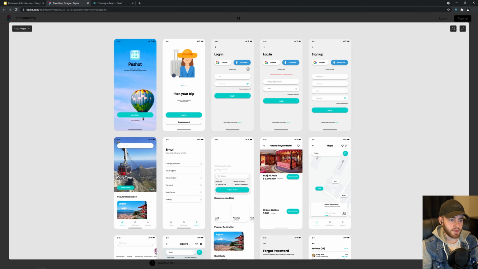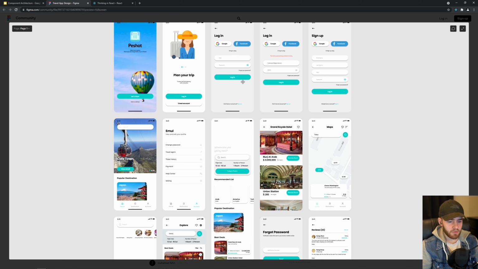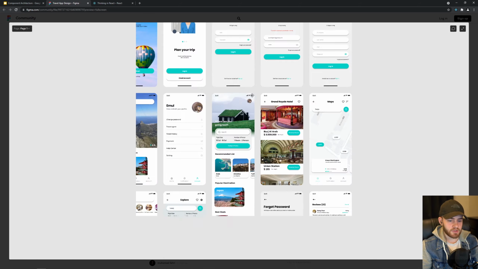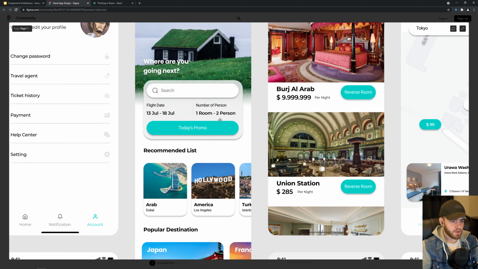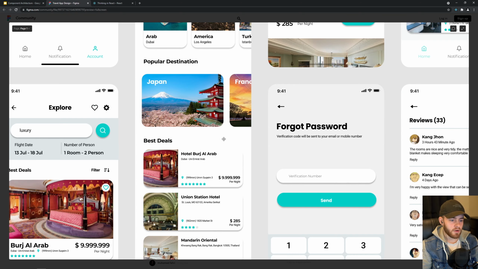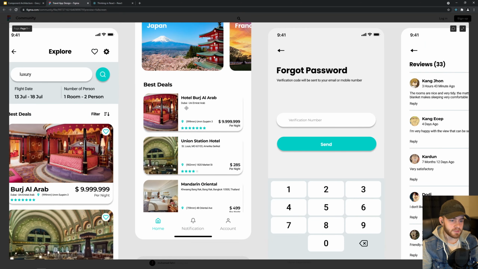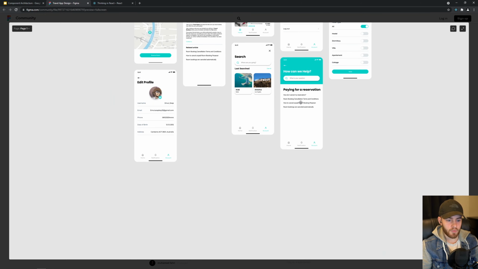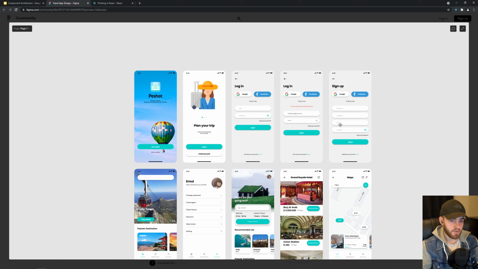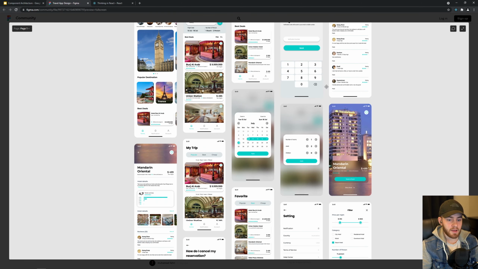Let's zoom in a little bit. So this is like a travel or photo app, I think. And as you can see right here, we have a lot of small little things. We could make separate components of all these things. But you can imagine that for a relatively simple app like this, which has like 15 to 20 screens or something like that,